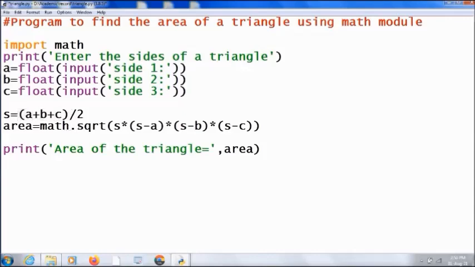Then call the function sqrt for finding square root. sqrt is in the math module, so math dot sqrt. Then as the argument, give the expression s into s minus a into s minus b into s minus c. Then the result is stored in variable area. At last, print the area.